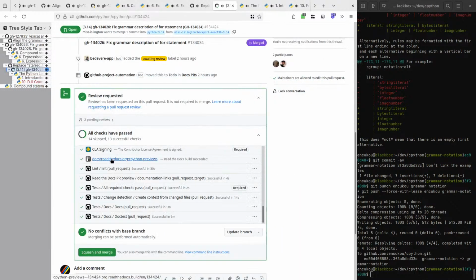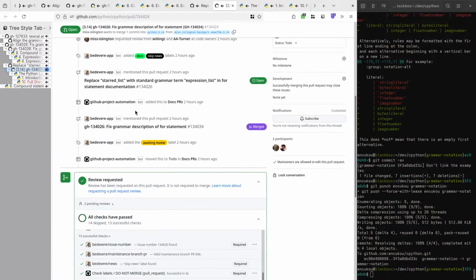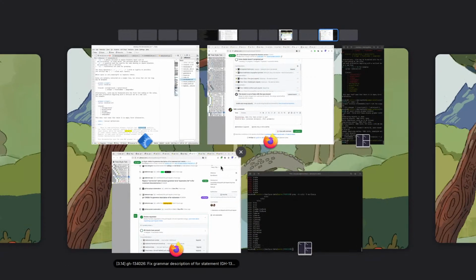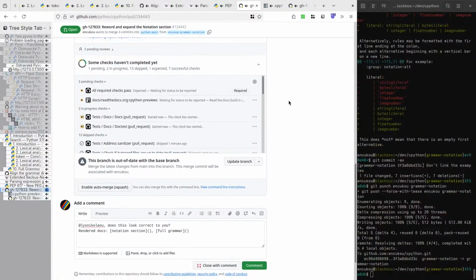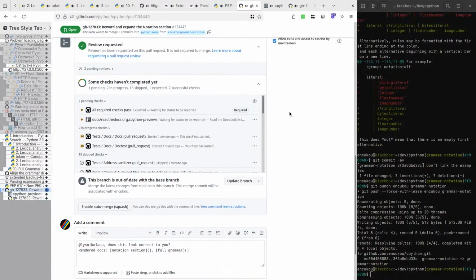That's not the right build. Oh, that's not the right pull request. Did I just open a bad window? Of course. Ah, it's getting late here. Oops, I see.